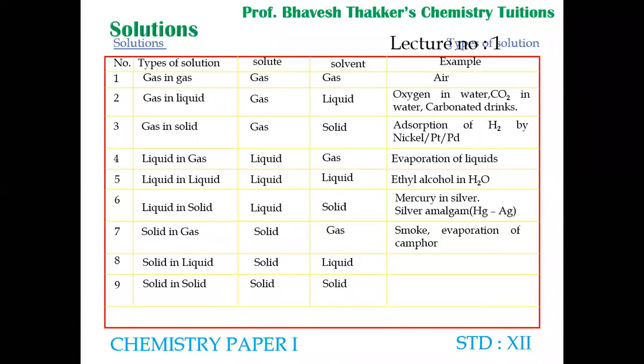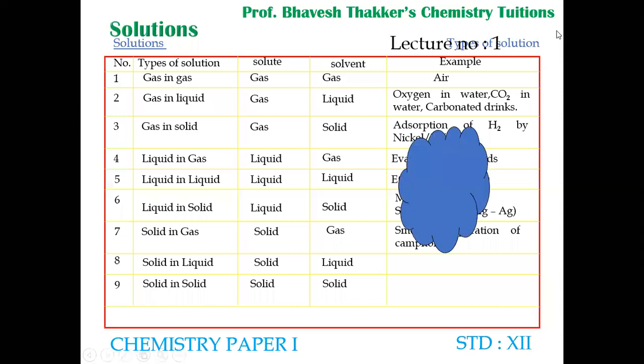Come on. Solid in liquid type of solution. Sugar water. Sugar water. Muddy water will not do. Sugar and water will do. Starch is also heterogeneous. Sugar and water will do. Various salts. So many salts are soluble in water. Copper sulfate, zinc sulfate, okay, sodium chloride. All these salts, most of them are soluble in water. So salt and water is a very common example, a very good one.